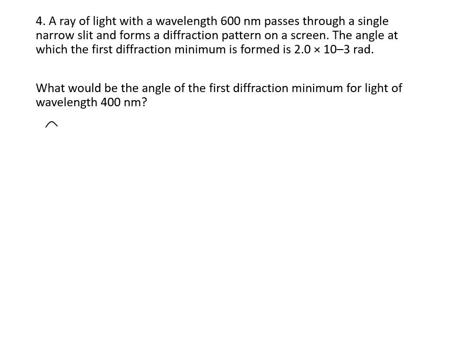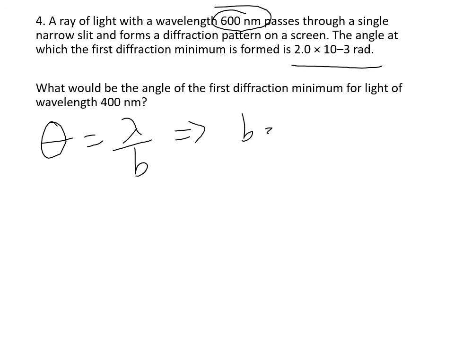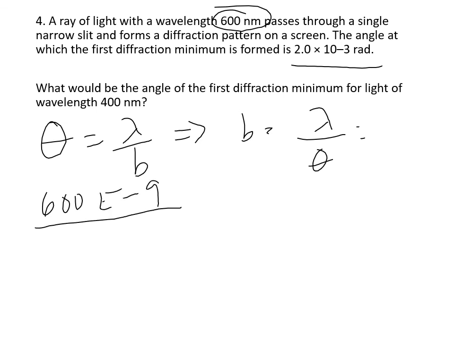So we can use theta equals lambda over b, first with our known 600 nanometers and the angle theta, and we'll solve for b. So b is equal to lambda over theta. That is 600 nanometers, e-9, divided by 2e-3 radians. The width of the slit is